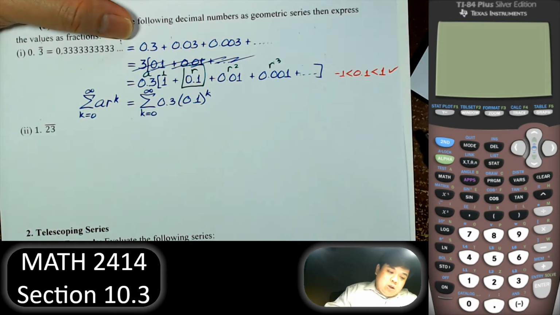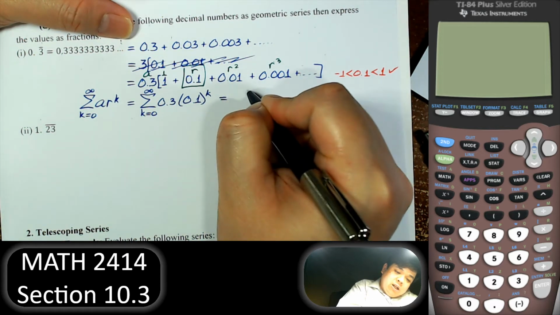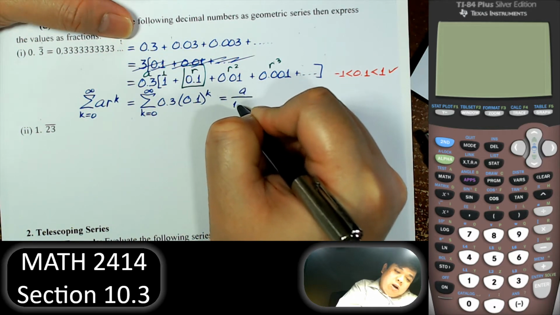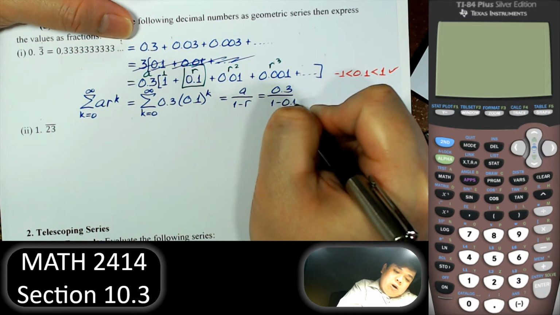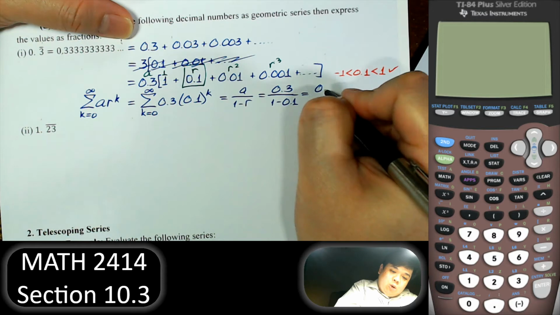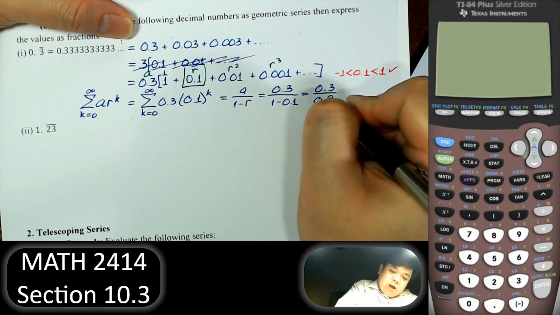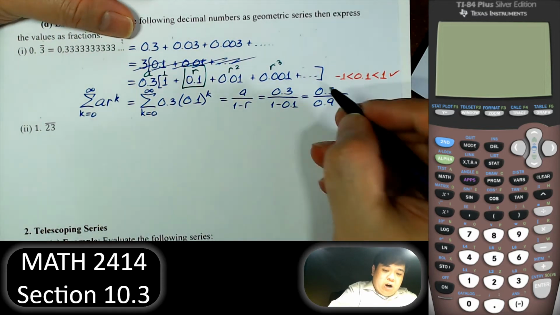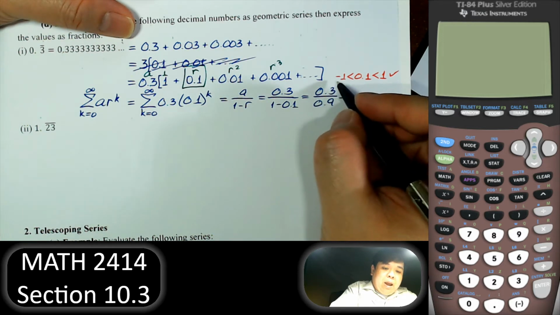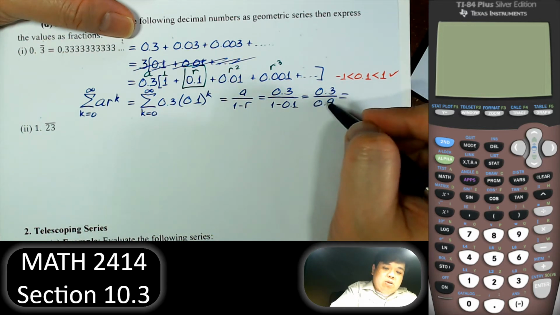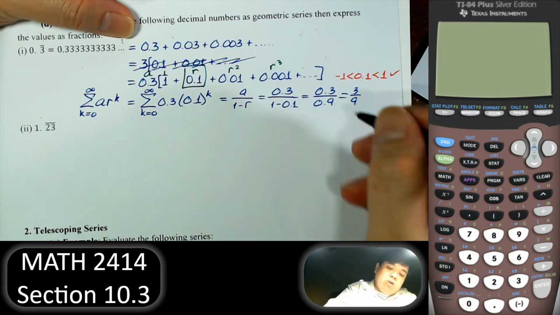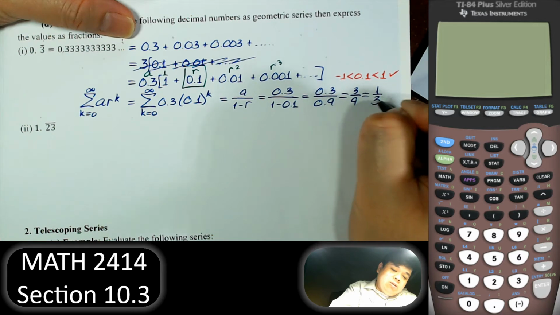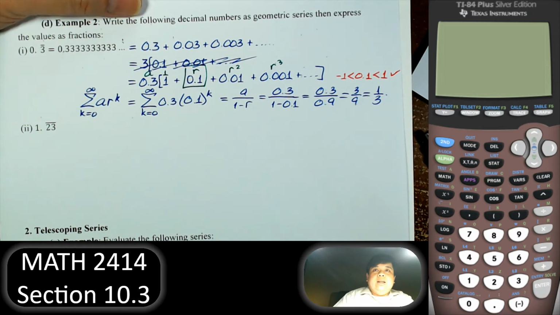So yes, we just use the ratio and we say it's going to be a over 1 minus r, 0.3 over 1 minus 0.1, so 0.3 over 0.9. The decimals cancel out. That becomes 3 over 9. Just move the decimal place 1 to the right, and we have 1/3. Of course, the calculator can also do that too if we just hit